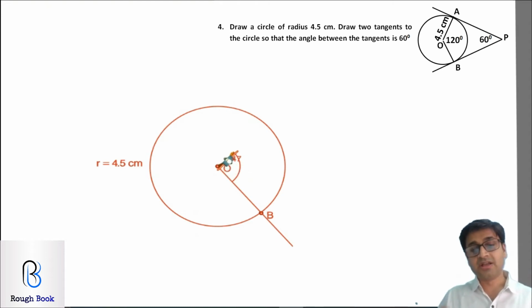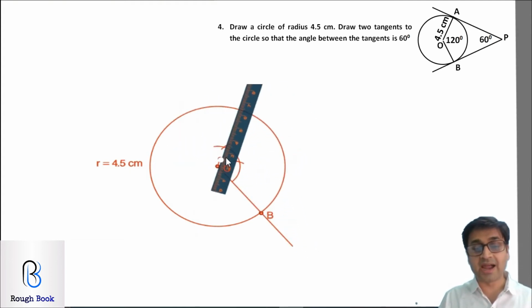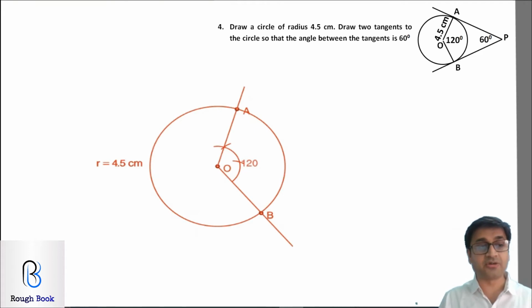How to do that? Keeping the compass on O, cut an arc of suitable radius. Now keep it on this point and cut your arc without changing the radius. Again keep your compass on this point, and cut one more arc without changing the radius. I hope these basics are known. Join this point of intersection and this point O, and what you automatically get is 120 degrees. This point that we've got, we will name it as point A. So we got point A, and we got this as 120 degrees. That's the first thing that we have to start.